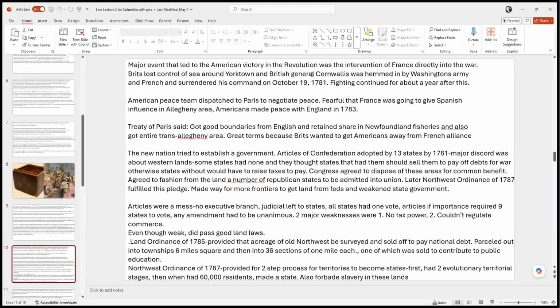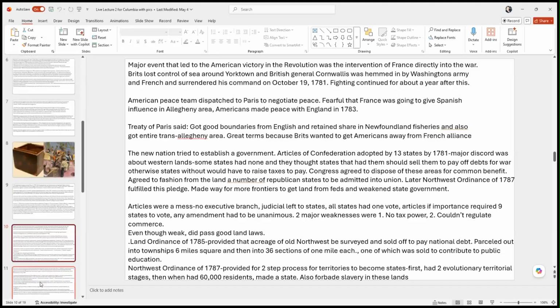Best way I can describe this to you would be like a club. If we were all members of a club, and you could join the club, you could leave the club. There was no way for the club to raise money. There was no taxation law, so the federal government didn't have any way to raise revenue. All the taxes were done by states, and it was very weak. The federal government didn't have very much power,